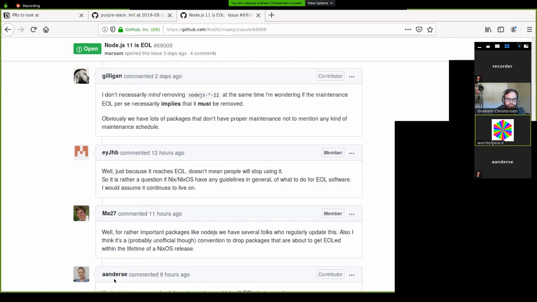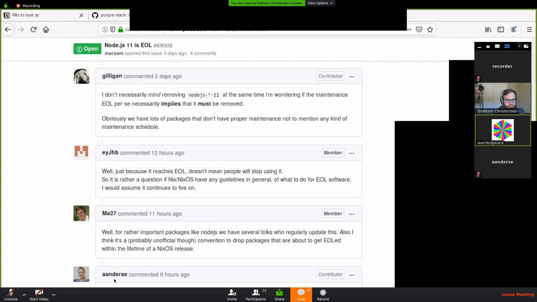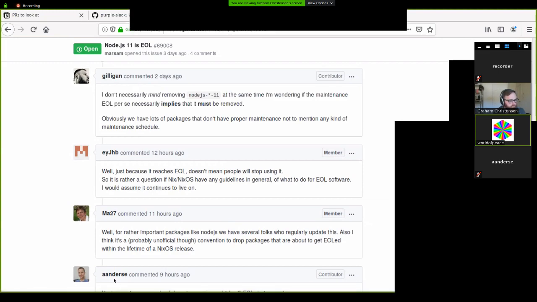Oh, okay. Typically, I like to remove software in Nix packages that's end of life. I don't think there's much use for it to be in there, and to actually port the removal to stable. It's part of the picking up garbage project, which I just added. Did you have comments on that, Graham?